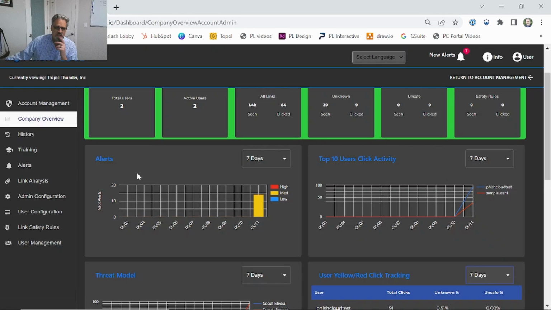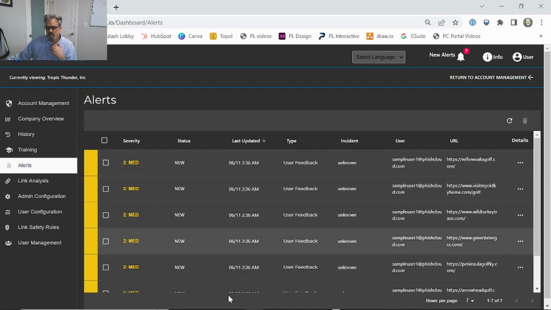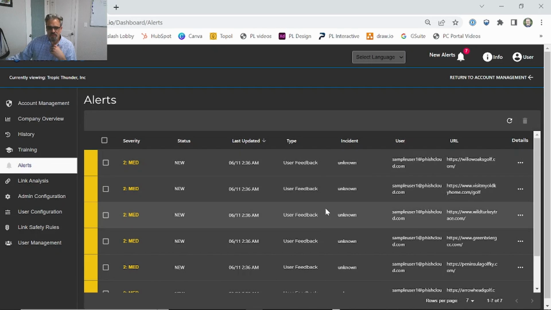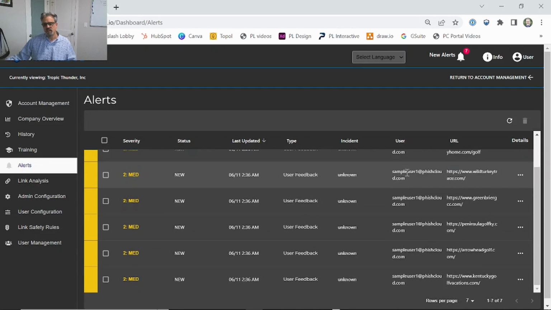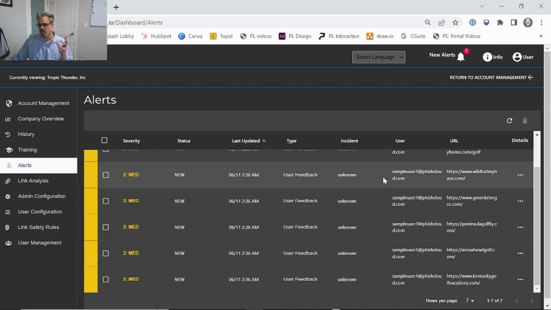Alerts is a really good place. So you can either go to alerts in the menu, or you can just click on alerts from the company overview. And in here, you're going to get a list of any time someone's clicked on a yellow or a red, or if they've given you feedback. And so here's a bunch of things that are yellows. If you come in here, you can see this is the only time you're able to see who clicked on what. Is if we think it's a potential